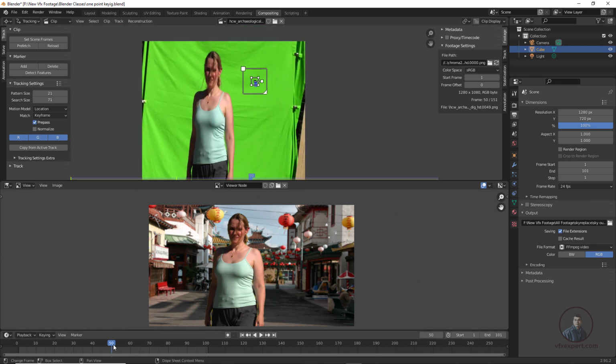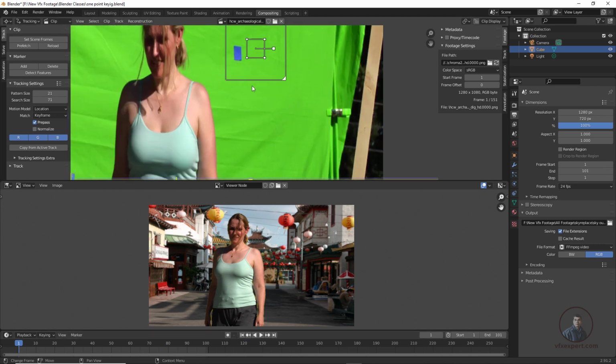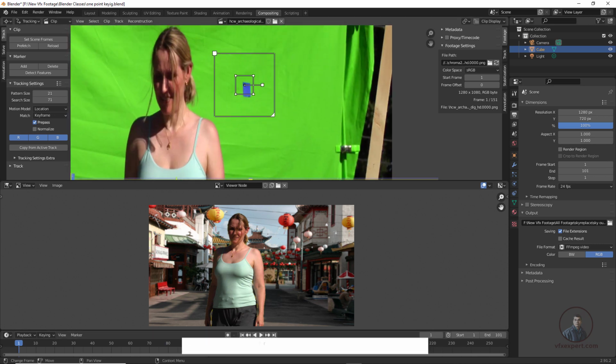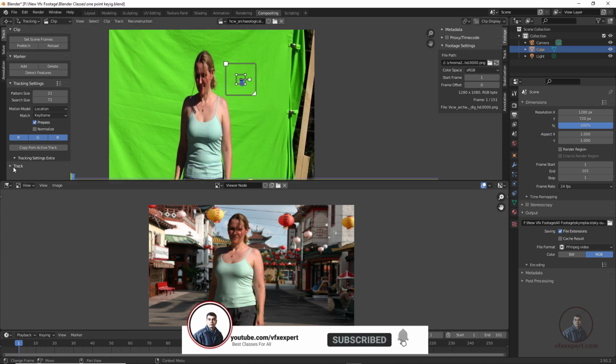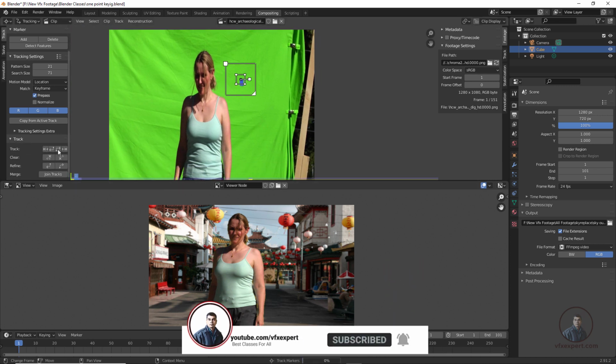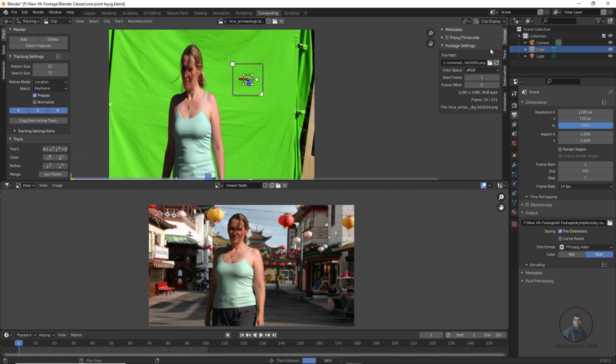And place it in the perfect position here. Remember this one, because here I have placed my CTI. Again, click on this first frame, then place it a little bit here. Now after this I am going to track this tracker marker. Then finally we have to click on this Track and track forward here. So you can see here.